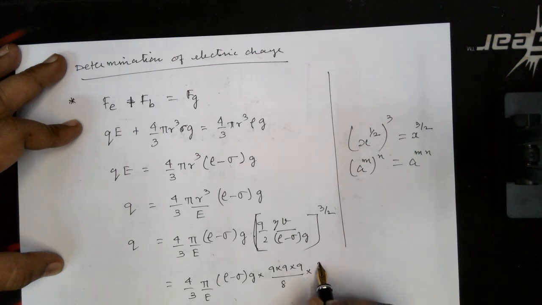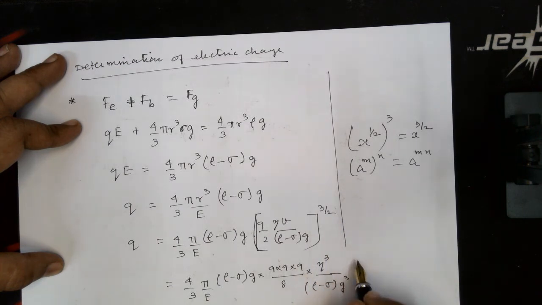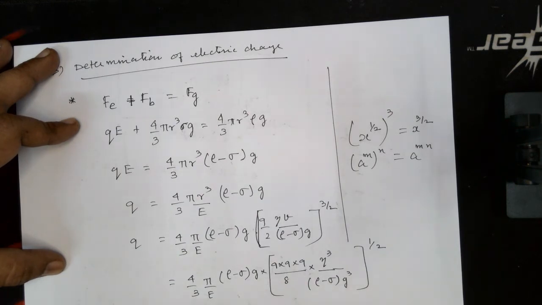Into eta cube divided by rho minus sigma of g, okay, whole cube, right, whole cube, and then what we have, power 1 by 2. So I have taken this in order to strike out this. Okay,